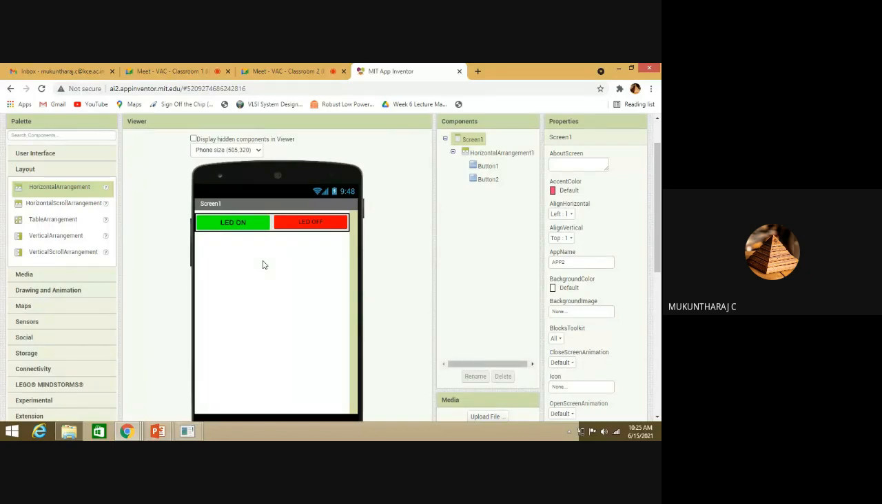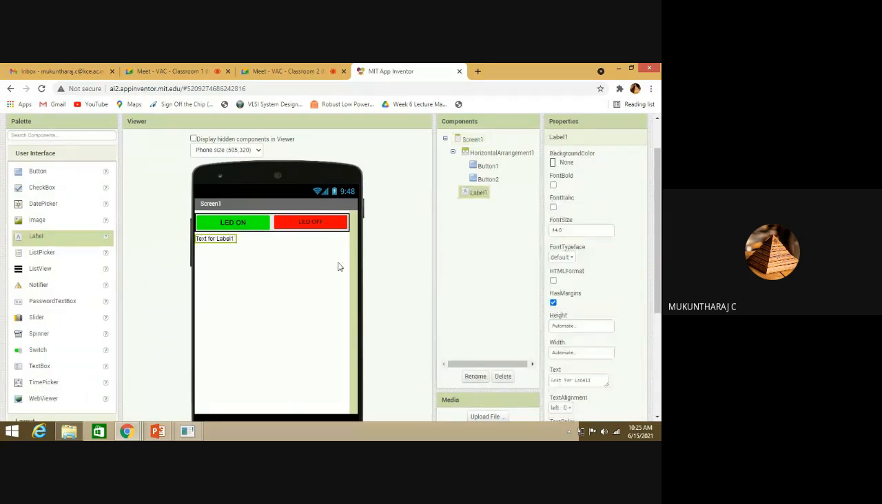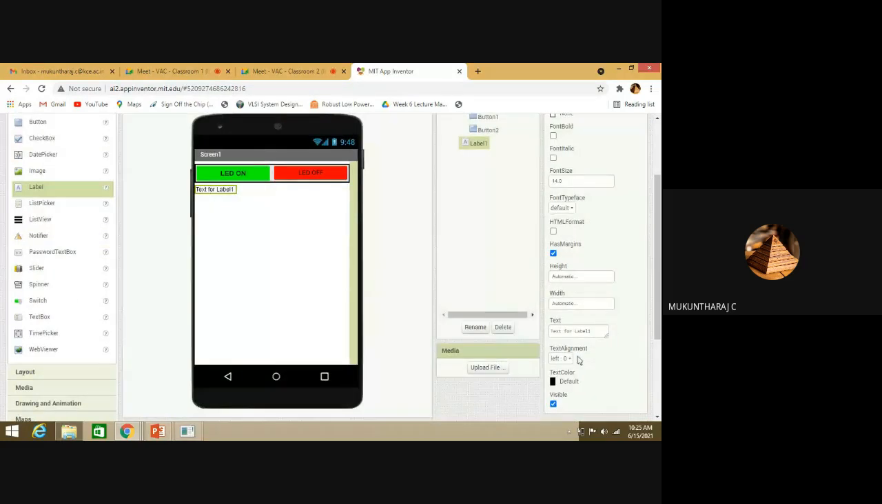Okay, then I must go with the label, right? One label for the LED, correct? So I must pick the label and place it here. The label should be on the midpoint, correct? The label should be on the midpoint. So for that, what I should do is